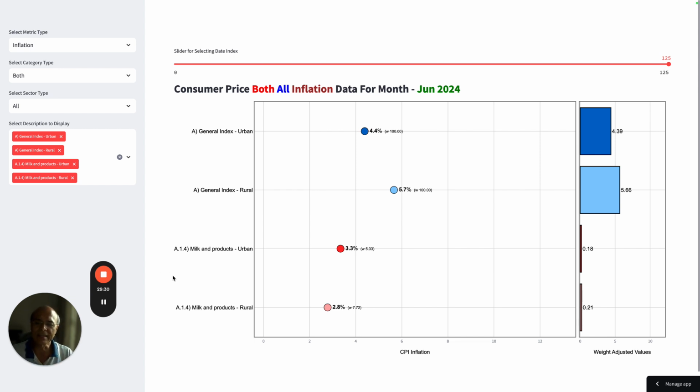So friends, I think you probably have understood how to use this application. It's a very empowering tool. And there are certain improvements I might do as I go forward in future. But as the data comes, if we just feed in the data, run the code which I showed you, this tool will get updated and it's going to be available free for everybody to watch and see how the character of inflation is changing in India over a period of time.